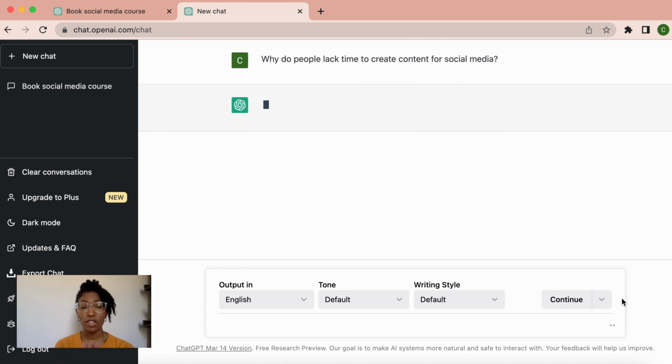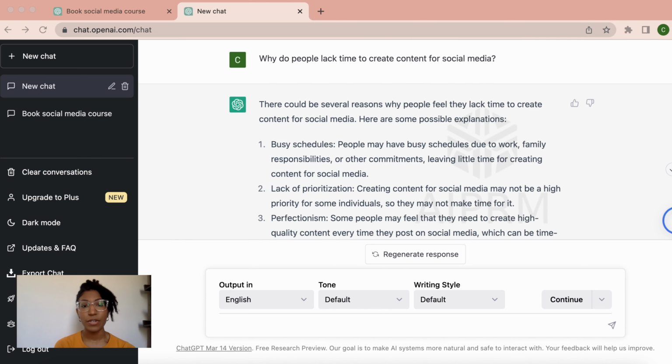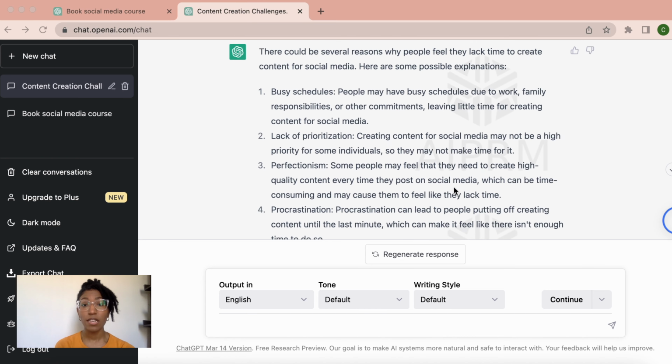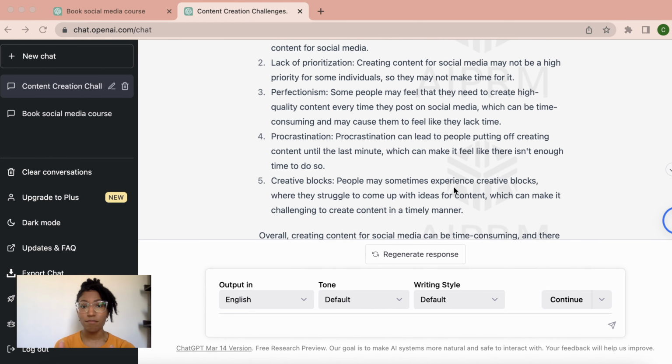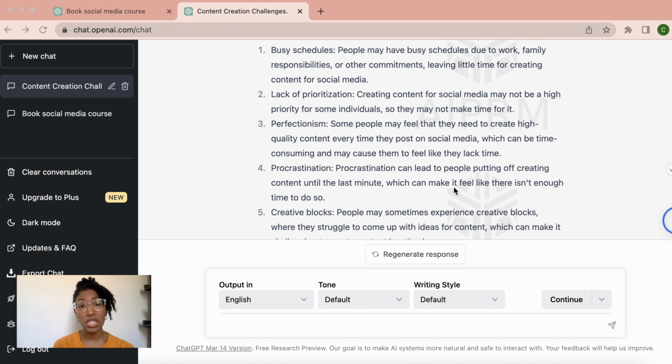Okay, so here was the answer that they spit out. There could be several reasons why they feel they lack time to create content. So busy schedules, lack of prioritization, perfectionism, procrastination, creative blocks. And while you could start with just making general content based on these things,